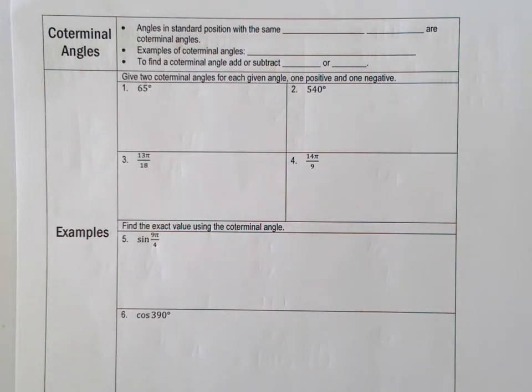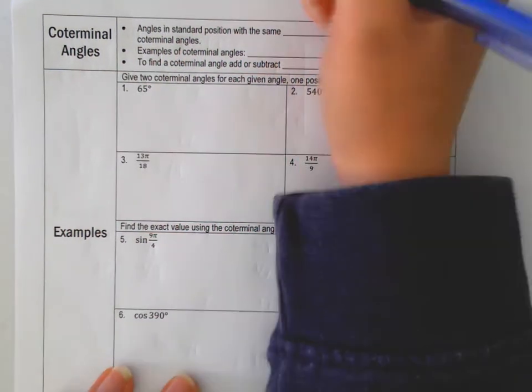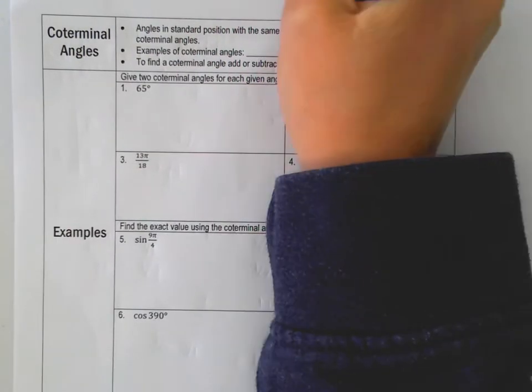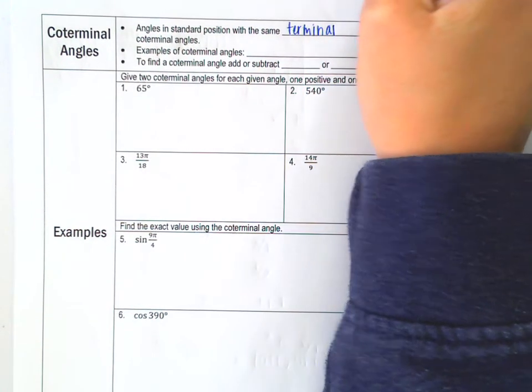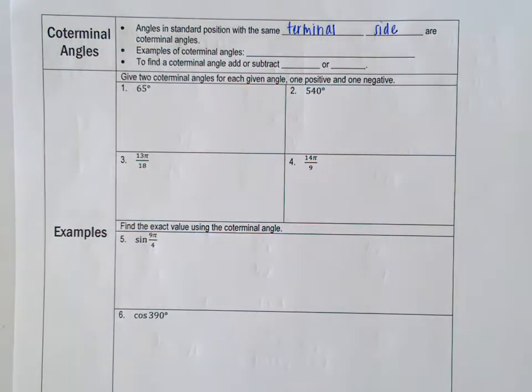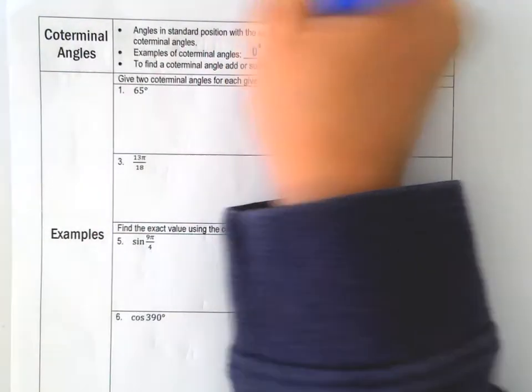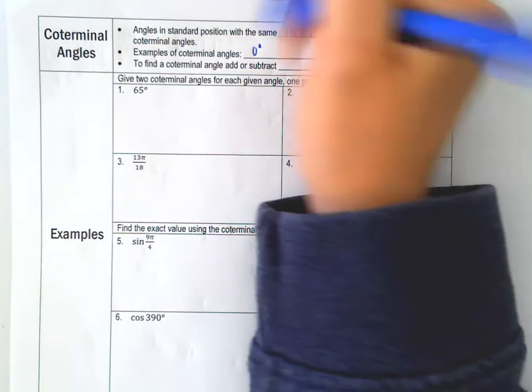So we're going to start with coterminal angles. Coterminal angles are angles in standard position with the same terminal side. I know a lot of you are wondering what that means up there. Examples of coterminal angles: a coterminal angle to 0 degrees would be